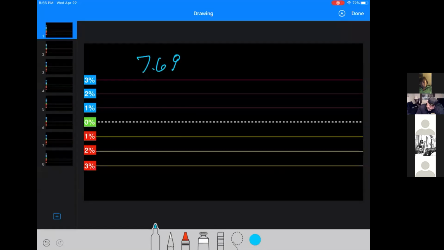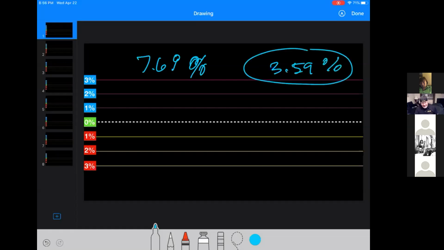My very first week, I hit 7.69%. And I was flipping out, I was like, oh my gosh. And here's the thing. I was only in a 3.59% drawdown, biggest drawdown of the week. And I just couldn't believe it, because many of you that have been with us for an awfully long time know that a 3.59% drawdown is nothing compared to what the old piece of software used to get. It was fairly common to run around 20%, 30%. And I'm thinking 3.59% is nothing. And it truly is not much.